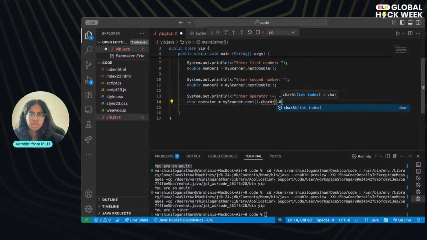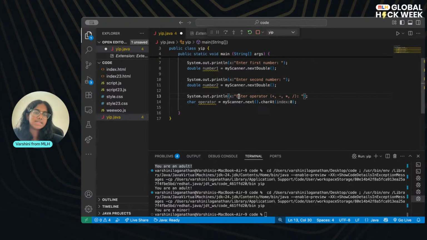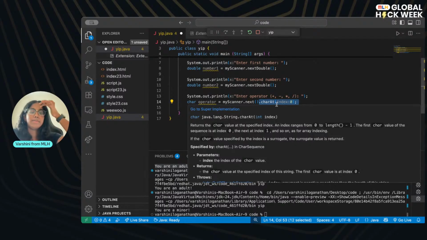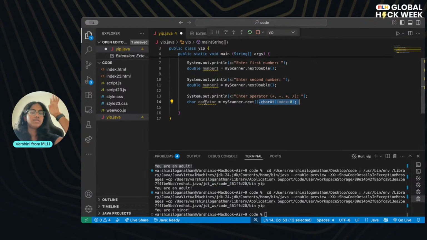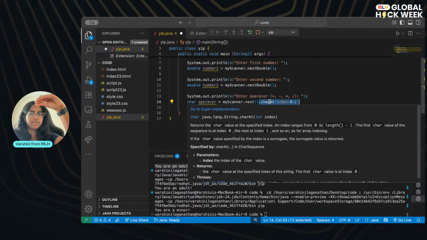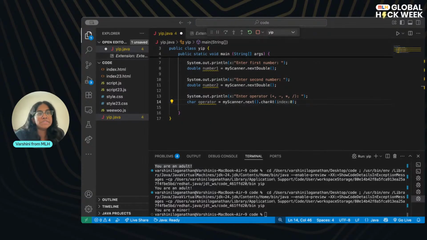Just for some context, this is another method that I've added. It's going to be char at, and basically what that means is I've given you a character, and you are going to take the character at that index. So let's just say your user is confused and gives you 3 different operators. You just want that first one. That's why I'm adding this in as a precaution, just in case there's an extra space or something, because then it gets confused and takes the space as a character. So by doing index 0, we avoid any of that confusion.